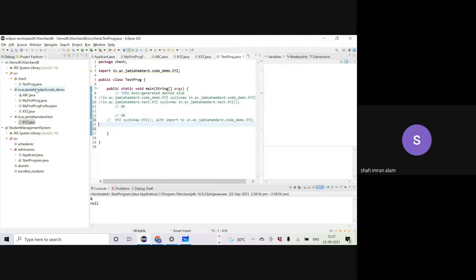Guys, instead of using just a package name like check, for example, I'm using a complete URL. So if these particular classes are being supplied by Jamia Hamdard, they will have a different URL package structure, and the URL is guaranteed to be unique from every provider, because it depends upon the website name, and the website name is guaranteed to be unique, right?